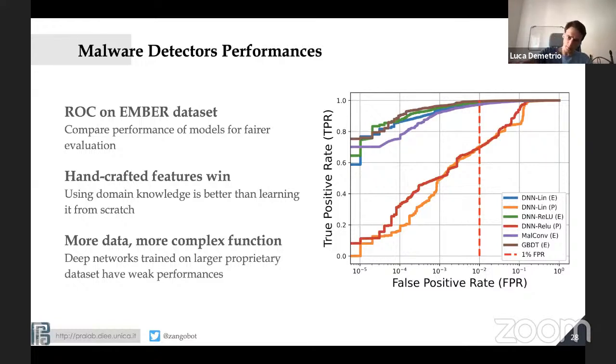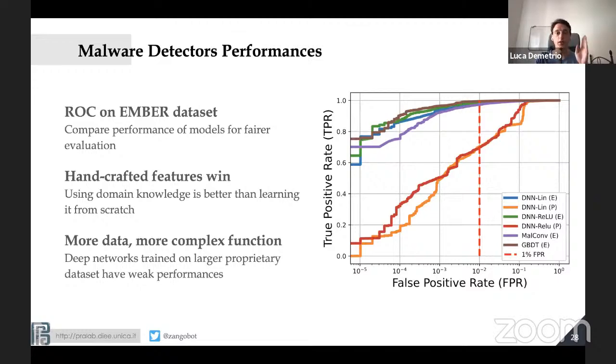As you can see, the red and the orange, which are the ones trained on the proprietary dataset, are not as good as the others, because maybe the function that must be learned from that amount of data is too complex for the architecture of the network. So this shows that you can have millions of data, but the same architecture might not be useful for that amount of data. With this in mind, I can finally show you some experimental results of the attacks that are encoded in RAMEN against these networks.